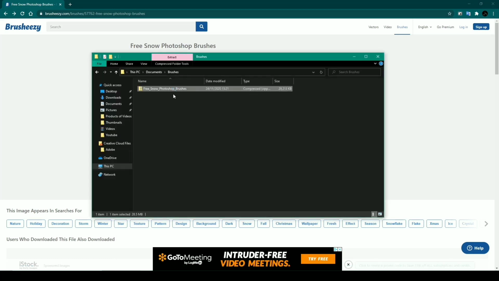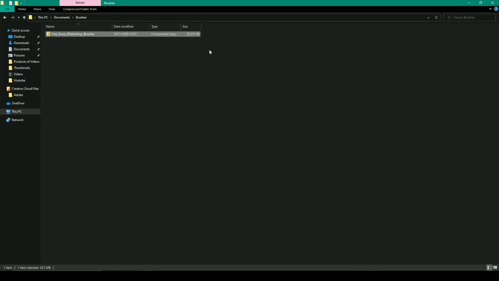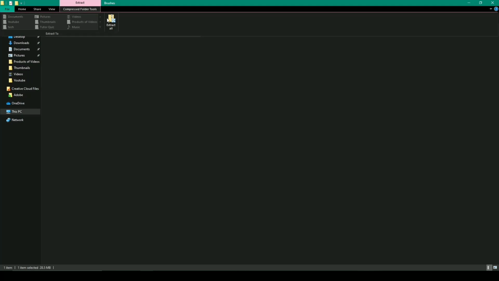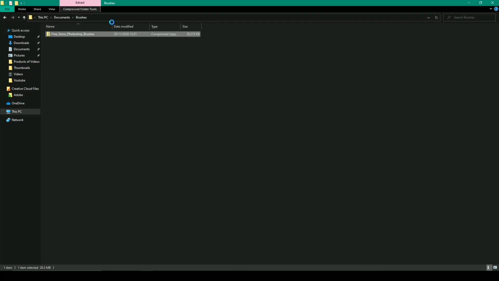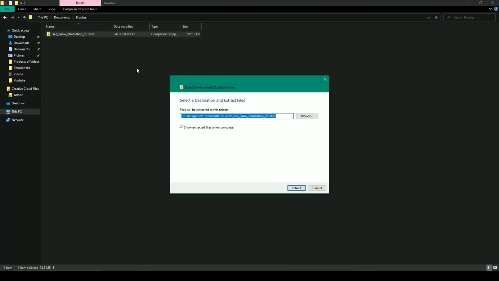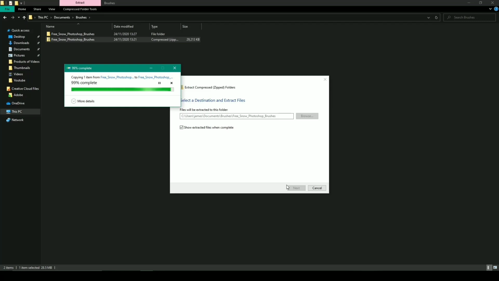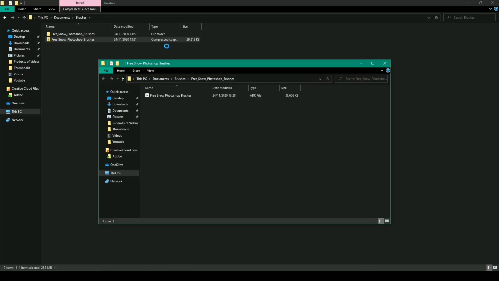and then go into your file explorer and find it like I have here. And if you're on Windows 10, you can go up to the top here and hit extract all. I'm sure there will be a similar button on Mac OS, and I think those are the only two platforms you can get Photoshop on. So you're just going to want to hit extract, and it will extract those brushes into a new folder, and that is an ABL file. So Photoshop brushes are an ABL file,